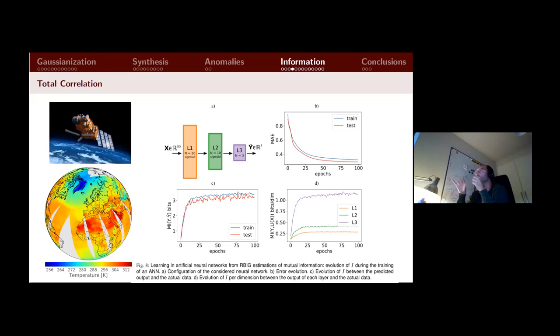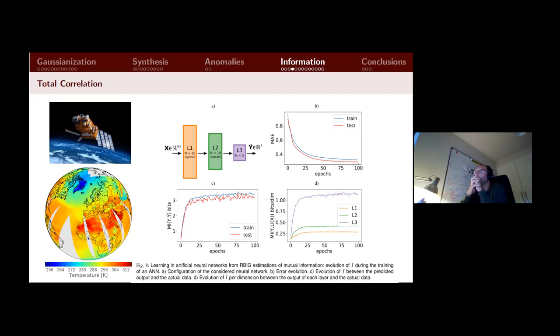Essentially, what we did here is we were interested in training a neural network to estimate atmospheric temperature profiles from a particular infrared sounder, IASI. This IASI sensor has originally 8,000 plus spectral channels, and we want to estimate from that the different temperature values of different layers in the atmosphere. And in this particular case, we run this three-layer network, and we were able to estimate quite accurately the temperature